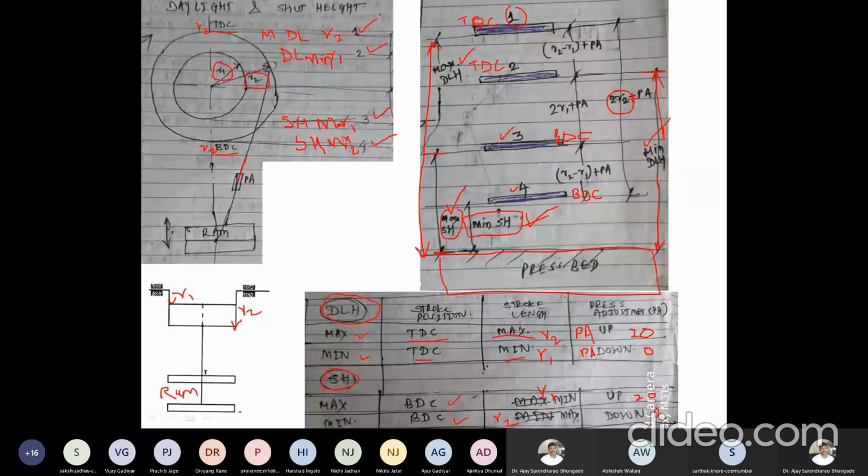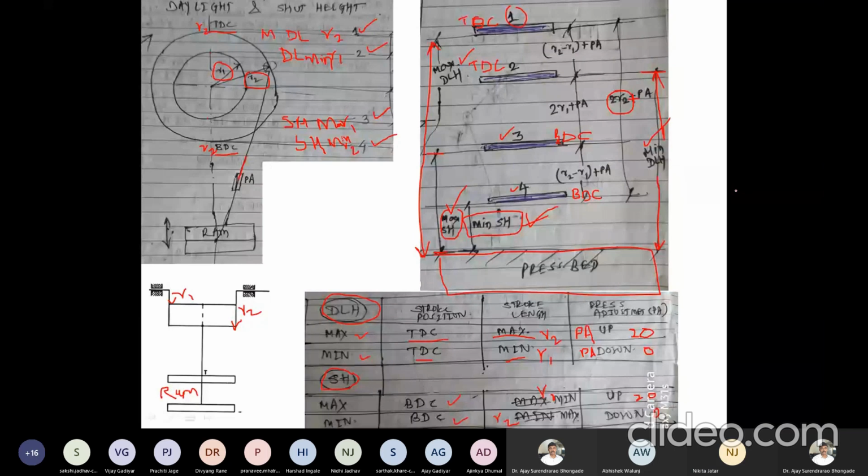Any questions related to this? Hello. No, sir. So the concept is understood? Yes. Okay, so you must be able to calculate the values of the other things.